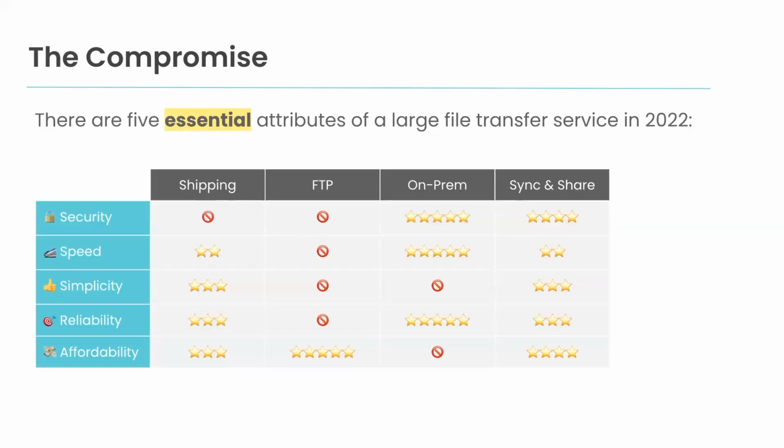These days, choosing a file transfer service seems to be a game of compromise. So we identified 5 key attributes to help you inform your decision: security, speed, simplicity, reliability, and affordability. If we compare these services from the perspective of remote production and work from home environments, we can clearly see the compromises that have to be made in order to deploy them at any scale.